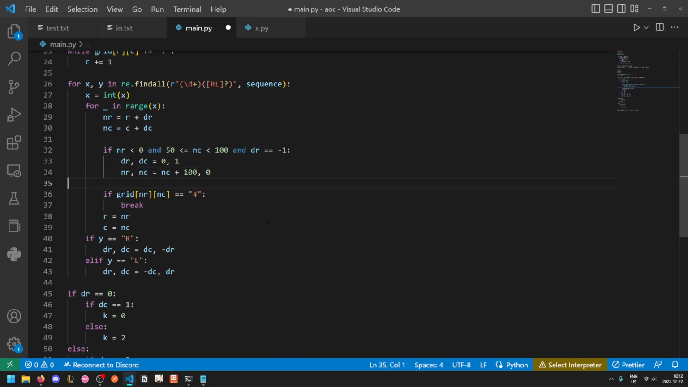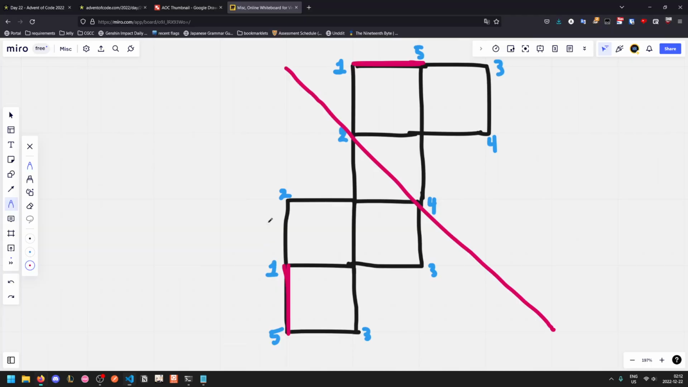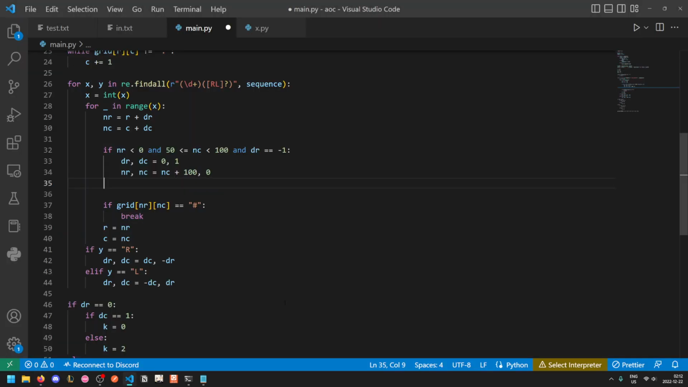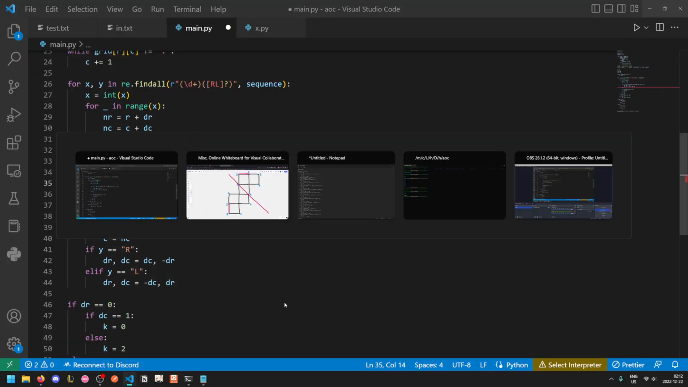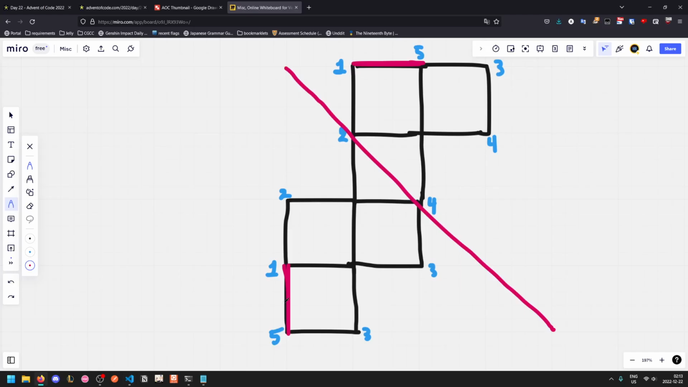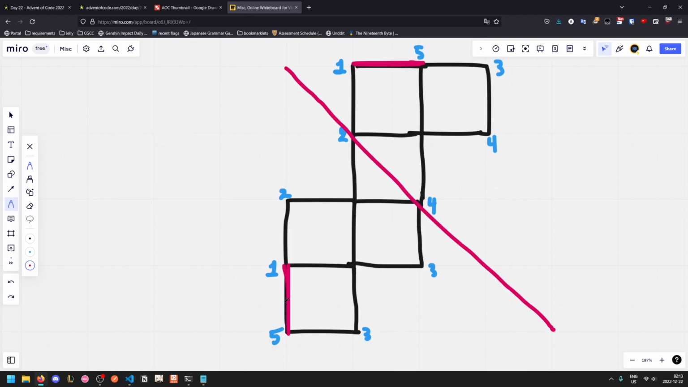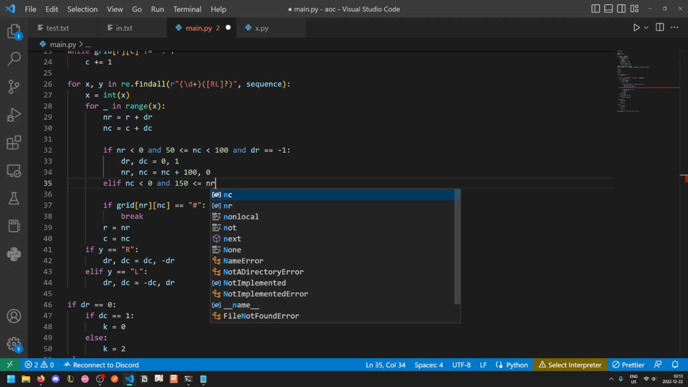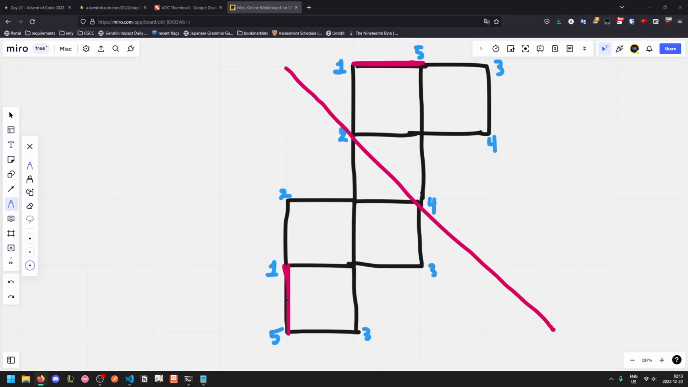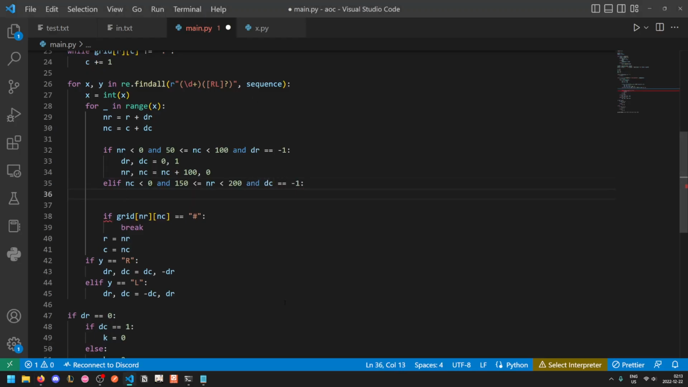Okay, that's 1 of 14 done. Let's move on to the opposite side. So the condition for this one is if the column is currently less than 0 and the row is between 150 and 200, and we're currently moving to the left, then our new direction will become down,